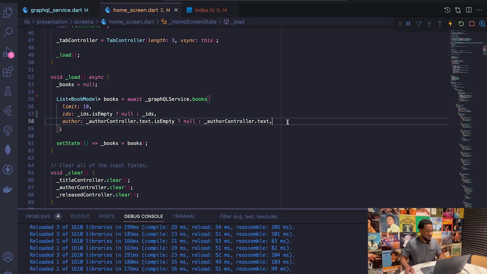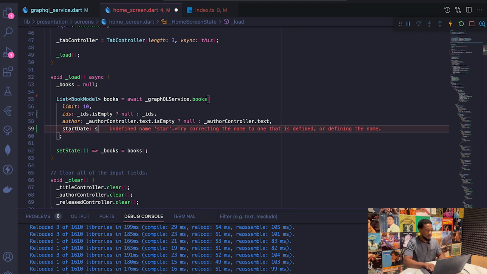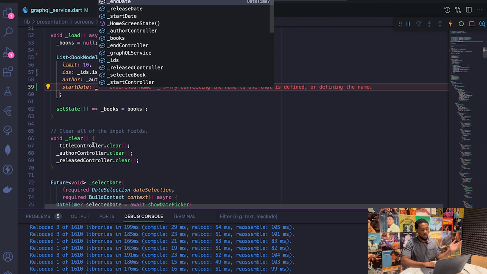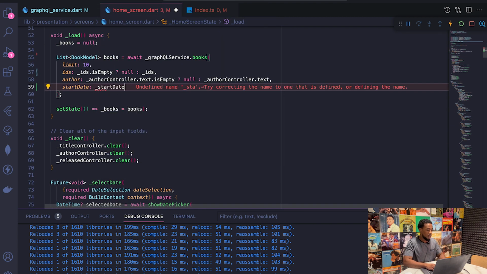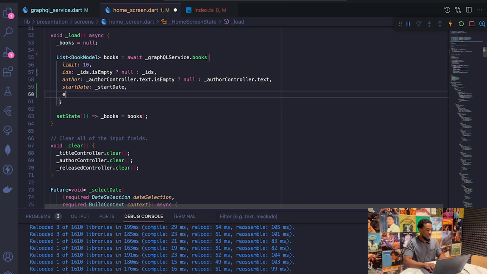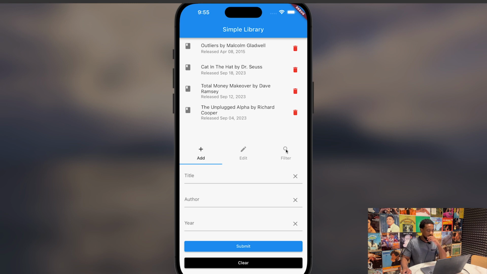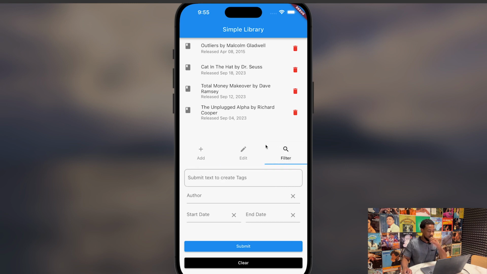Then back on the home screen, we're going to pass in those params. I already have the start date and end date as datetime objects. They're already hooked up to the text controllers. So we have start date, we're going to pass that in, and then end date, we'll pass that in as well. Oops, end date. All right, now if we refresh the app, now if we come back over and hit filter,